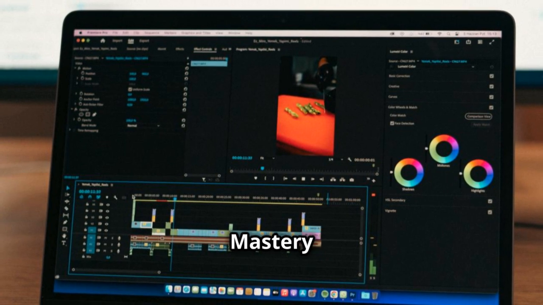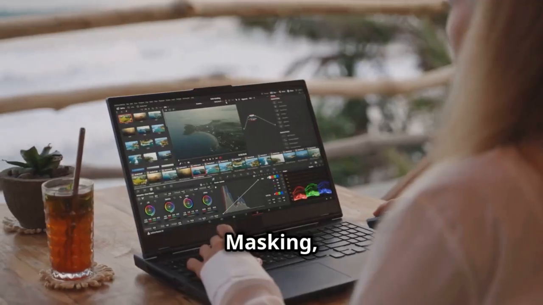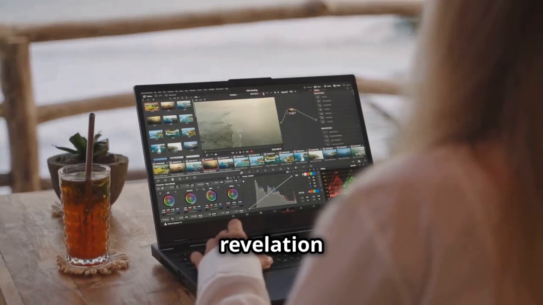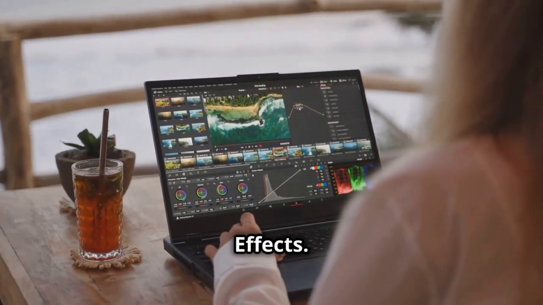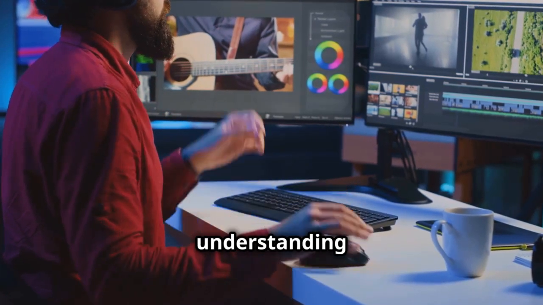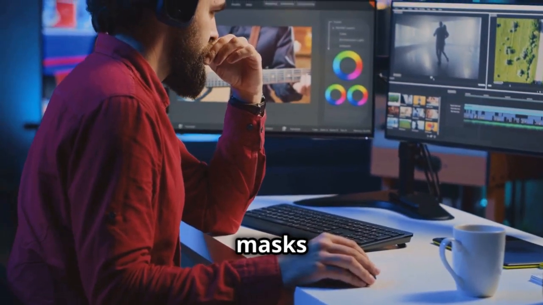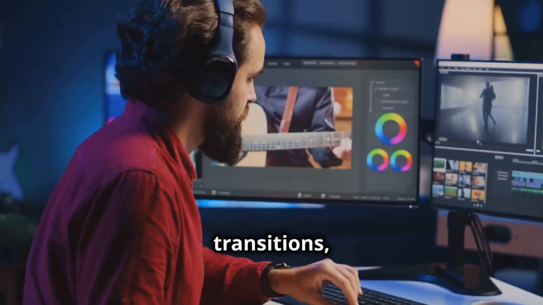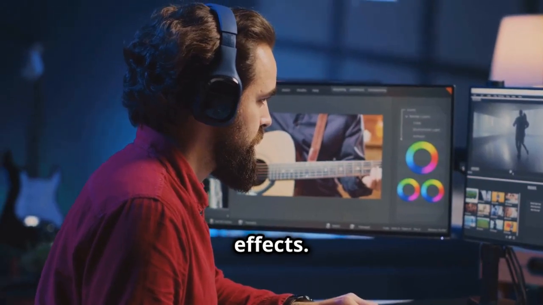Next, Masking Mastery Beyond the Basics. Masking, as we explored earlier, is an essential tool for selective revelation and concealment in After Effects. But masks are far more versatile than just simple cutouts. With a little creativity and a deeper understanding of their capabilities, masks can become powerful tools for creating complex animations, transitions, and visual effects. One such technique is animating mask paths, allowing you to create dynamic shapes that move, scale,